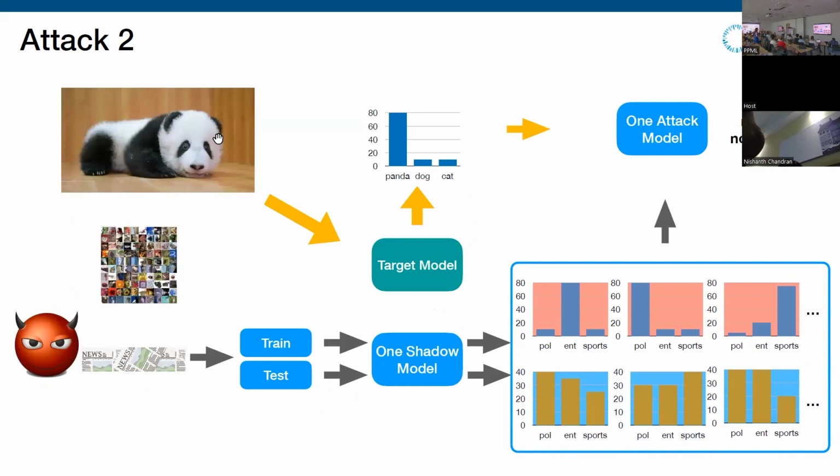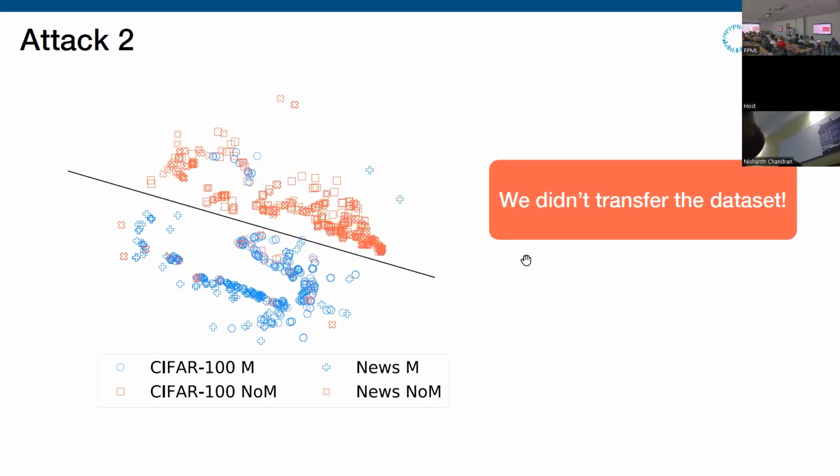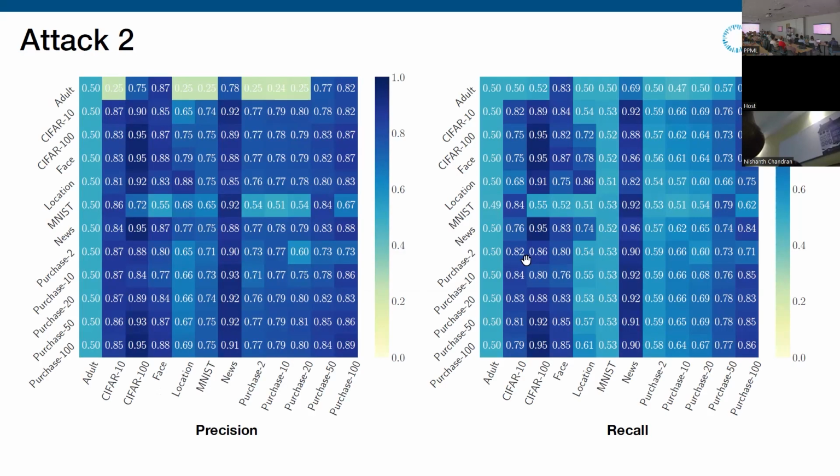Can you go to the precision uniform? I can see that for CISPA 10 and for the news, we got 0.92 precision.